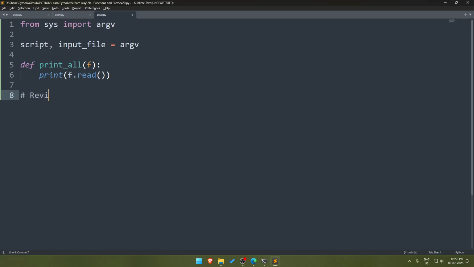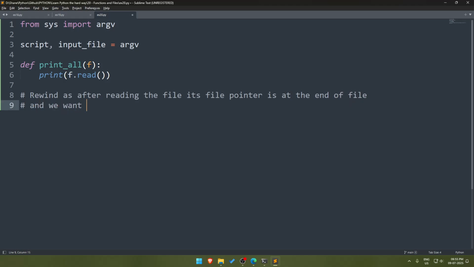And we rewind because after reading the file, its file pointer is at the end of the file, and we want to bring it back to the beginning of the file. We go def rewind,